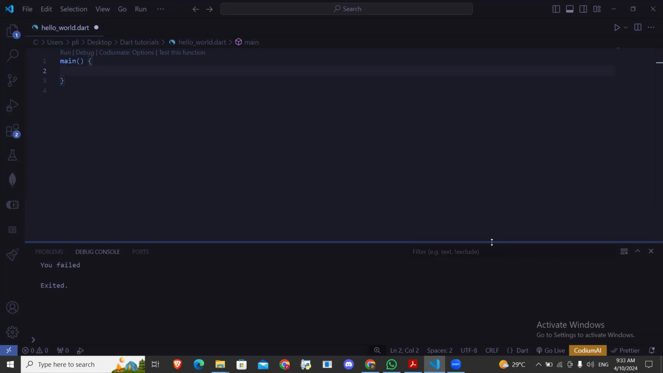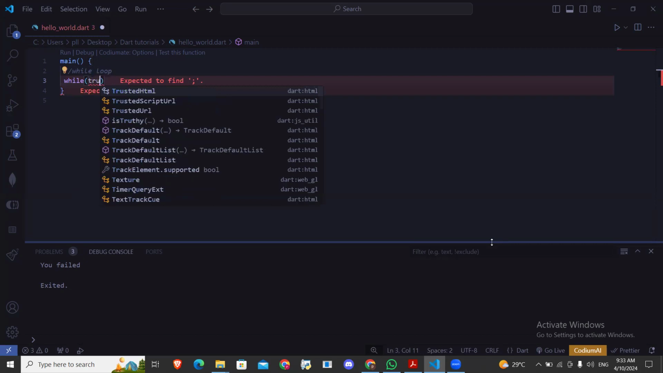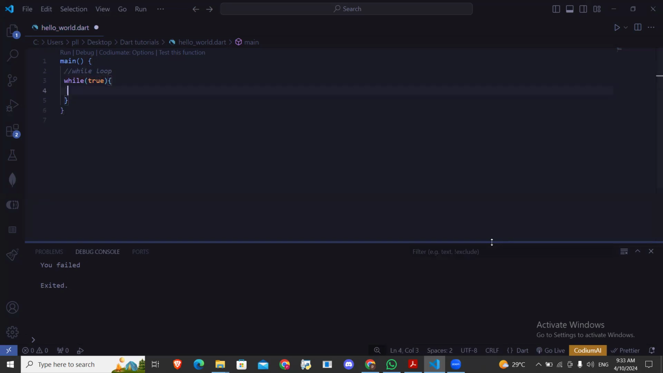The first one we are going to discuss in this class today is the while loop. How does it work? The while loop does something while something is true. Let me say I want to print my name while something is true. I'll say while, and let me just hard code the value true here. I want to print